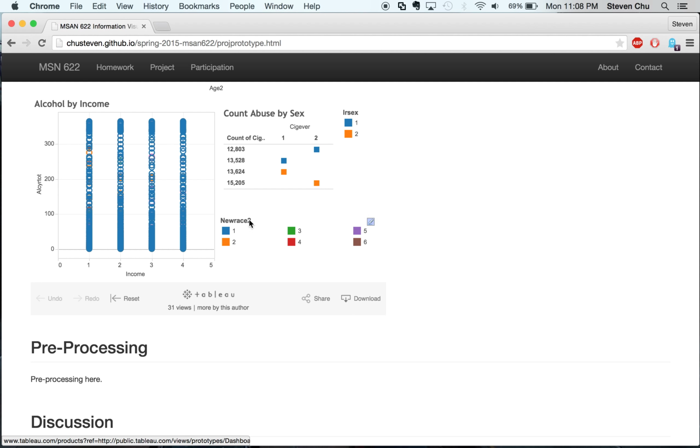My third visualization is this thing over here. It looks kind of like a scatter plot, I suppose, but what I want it to be is a bar chart. And what this shows is people who have either smoked a cigarette in their life or never smoked a cigarette in their life. And the colors represent males and females.